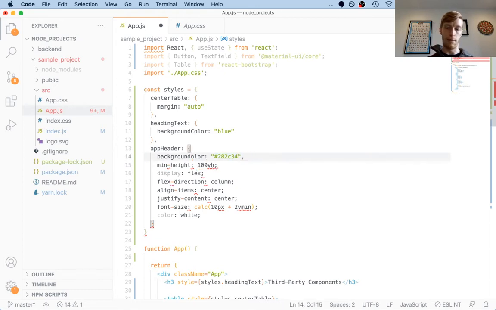We have to get rid of the hyphens too. But as we slowly go, we should be able to end up, from where we were with just CSS, with an actual, fully JavaScript